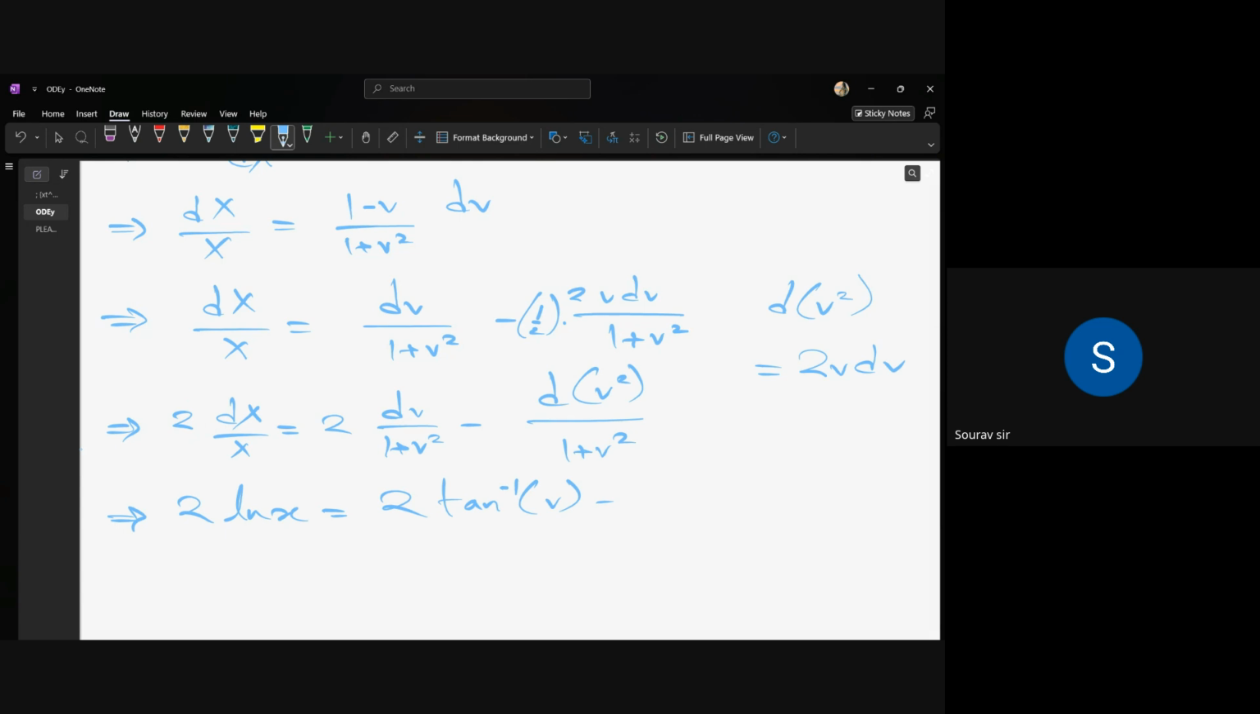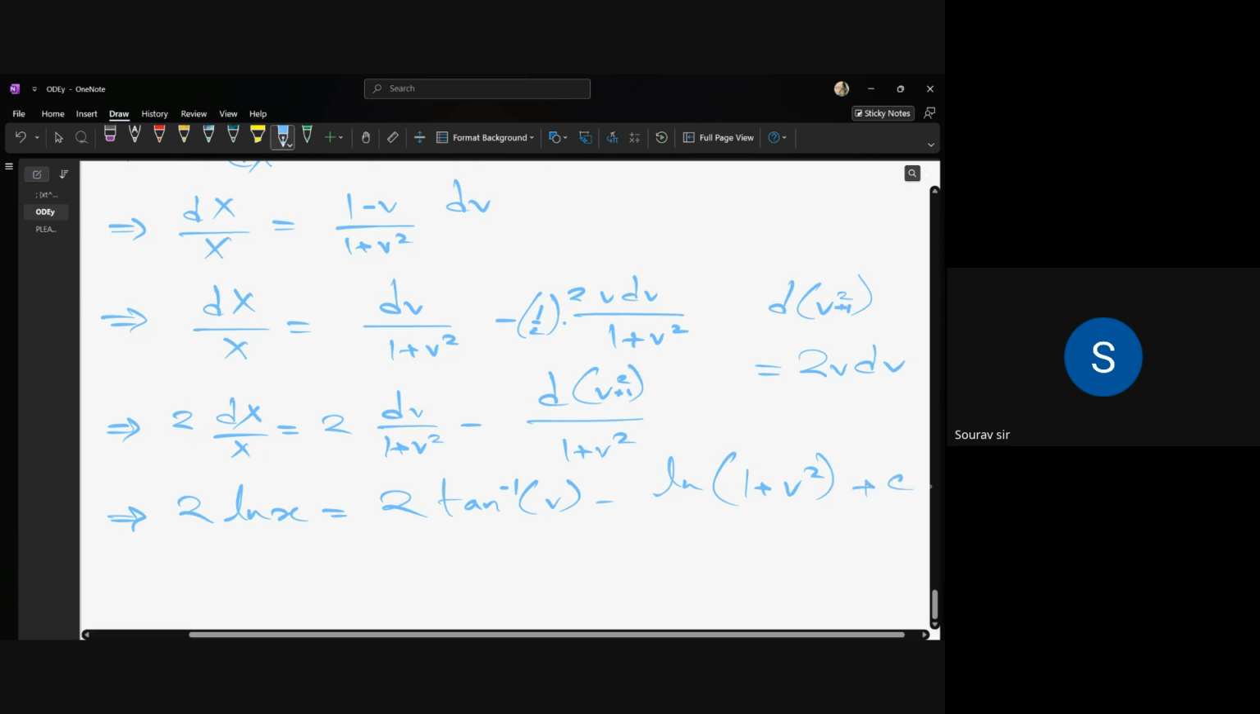So the derivative of v square plus 1 will also be this. So we can write it as log 1 plus v square, then plus we can write log c also. So basically let us not mess up with the constant, so let us make it c. So then we are getting what,